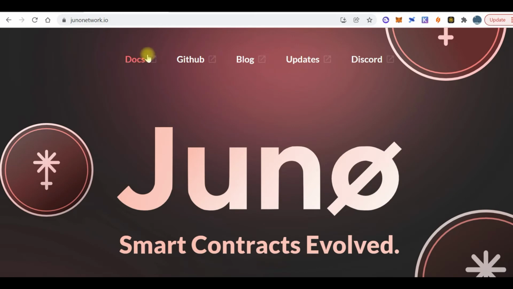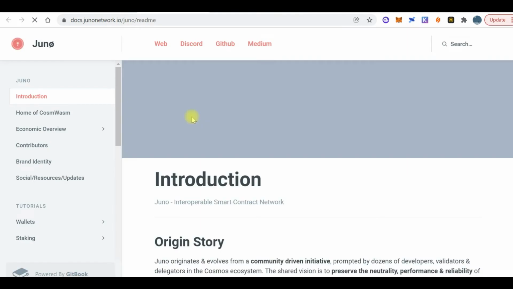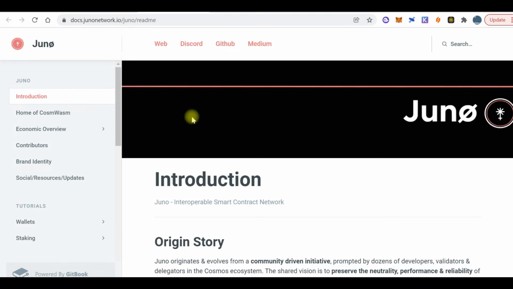All right, so one thing people also like to know, I tell people, when you get into a new blockchain and you're fascinated about what you can achieve using that blockchain, the next thing you have to ask yourself is, what is the wallet I can use to access this blockchain? So we are going to be looking at what wallet Juno uses, what wallet I can use to access dApps that are on Juno.